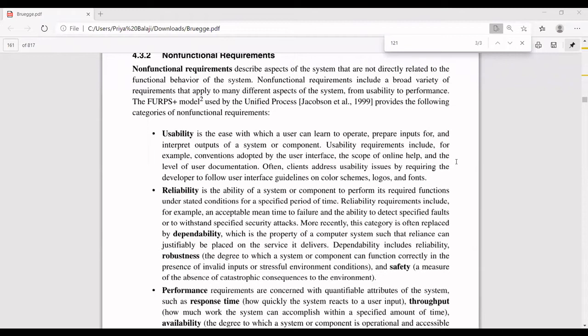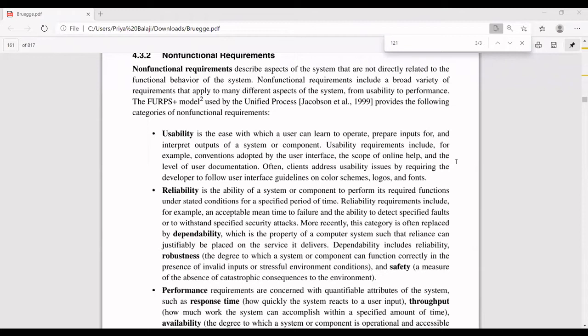How can I say the system is reliable? Even when a certain error occurs, my system shows me the correct output only. So my system has to have reliability status. Reliability can be replaced with the word dependability. Dependability means justifiable.